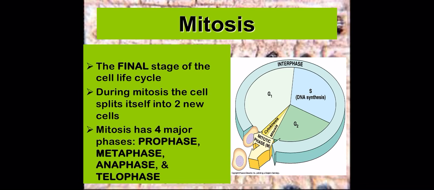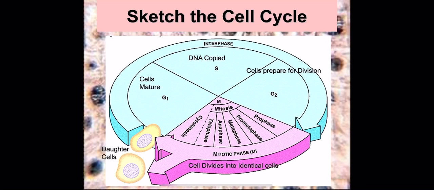So this is that final stage of the cell's life cycle, because beyond this point, one cell is going to become 2 daughter cells, and it'll go back into the whole phase as interphase again. So we talked about the 4 phases of mitosis: prophase, metaphase, anaphase, and telophase. Easiest way to remember them is the word PMAT. If you can remember PMAT, you can remember the different phases: prophase, metaphase, anaphase, telophase.